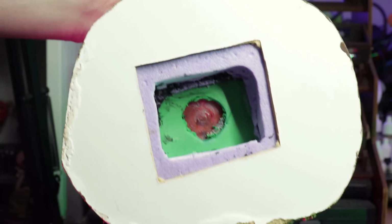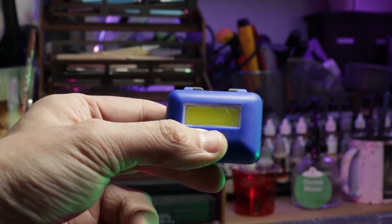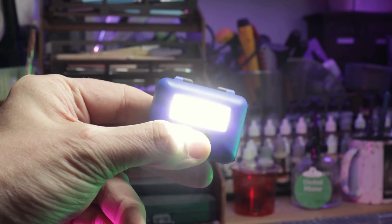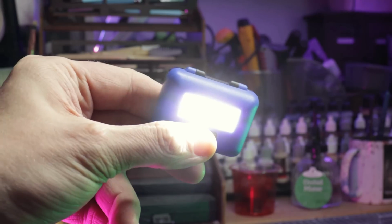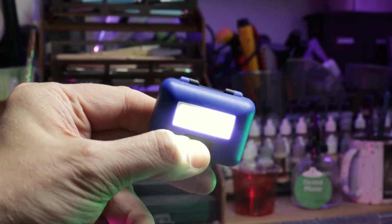Remember that ominous square-shaped hole at the bottom of the base? Well, I cut that out, ready for this little thing. This is a LED, I think it's a headlamp for sprinters. I had no business buying this. It has a couple of functions there. Very bright. It also...